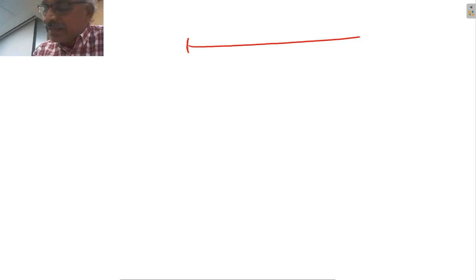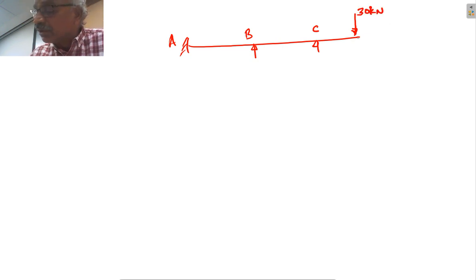say, let us say this is A, this is B, this is C, A, B, C, and this is the overhang. This is the overhanging beam. This overhanging part is subjected to a load of 30 kilonewton, and the length is 2 meters, right? So this is subjected to some loading, say a central load or whatever it may be. Now here the only change is that initially you will be treating this as a cantilever. This is a cantilever, and when this load is known, and the distance is known,